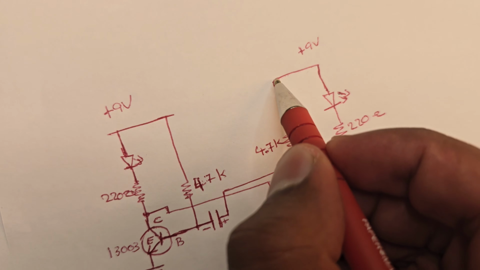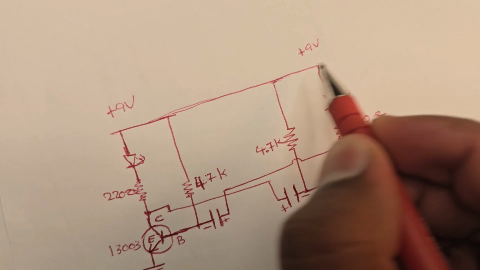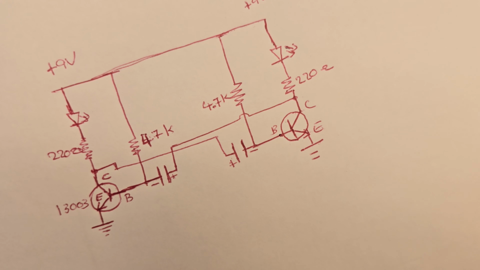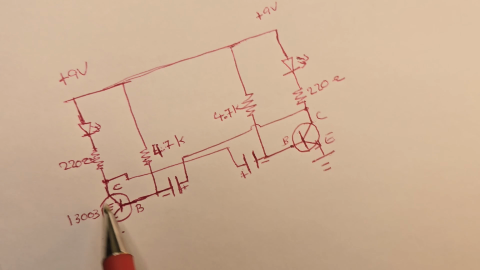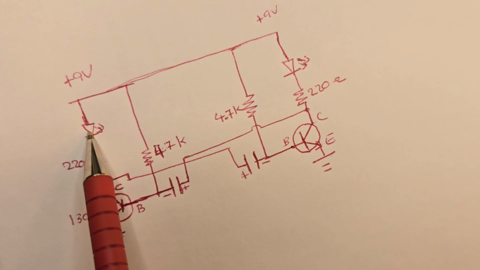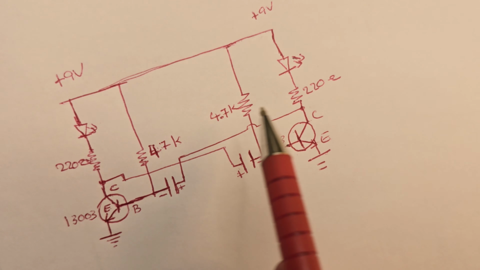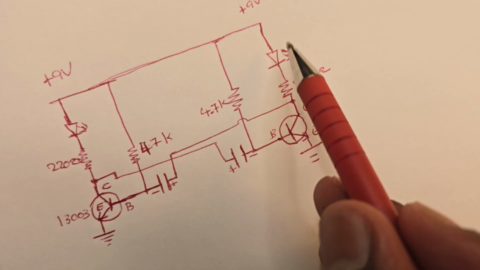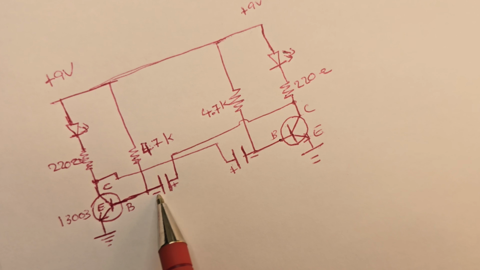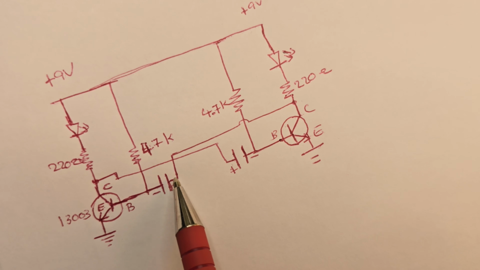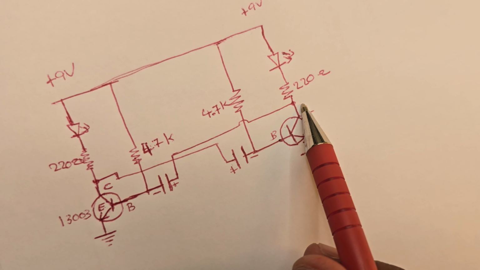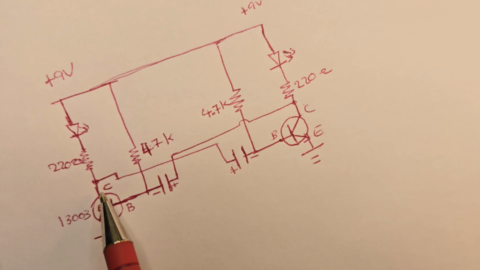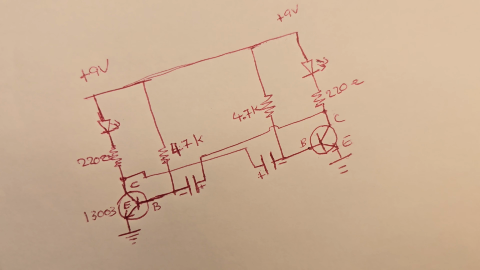So that is our circuit. Plus 9 volt, ground, which is the negative of the battery. Then we use this transistor to turn on this LED, and this transistor to turn on this LED. This 4.7k is used to turn on the transistor, which in turn turns on the LED. Then we use this capacitor connected to the base. The other end is connected to the collector of the other transistor, and for this transistor's capacitor, the positive is connected to the collector of this transistor. So it's a simple circuit,